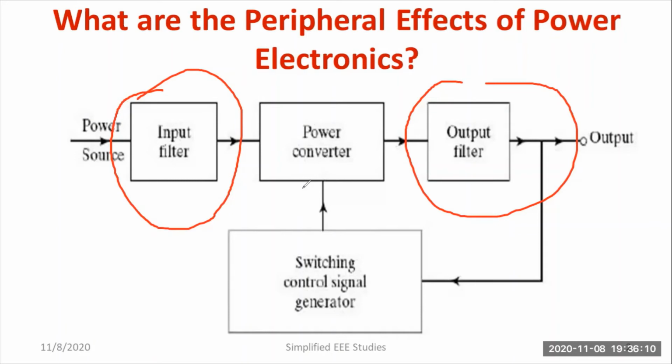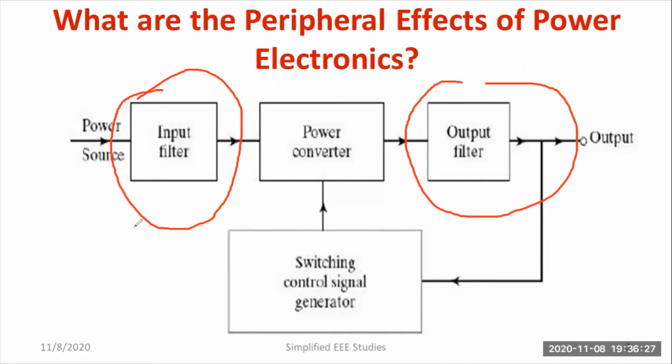To mitigate EMI, you have to use an EMI shield, a special type of EMI shield. That is also a bit costly. So these are the cons of power electronics. There are a lot of pros and cons. In every system there will be pros and cons, but these are the remarkable factors.